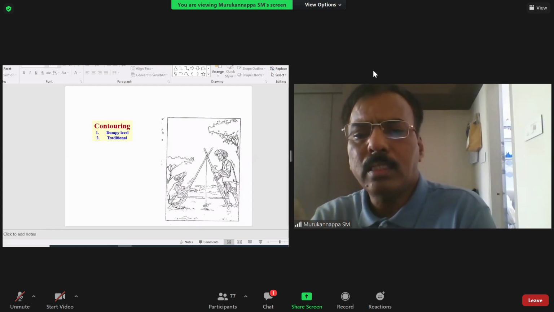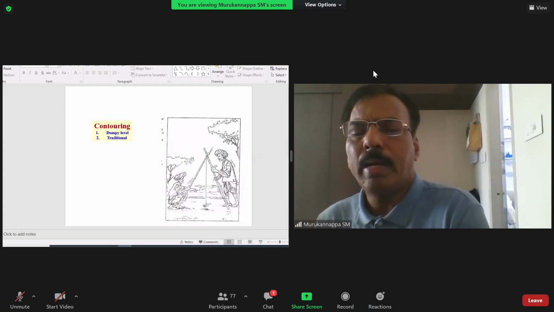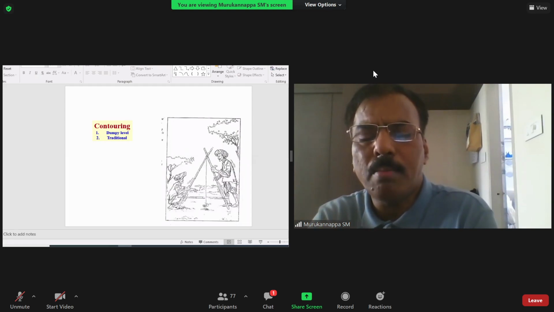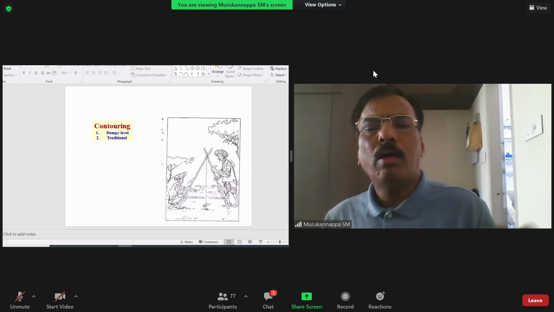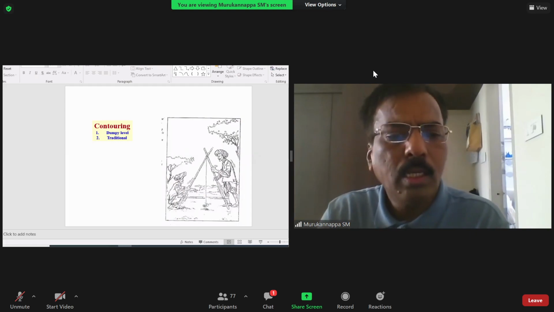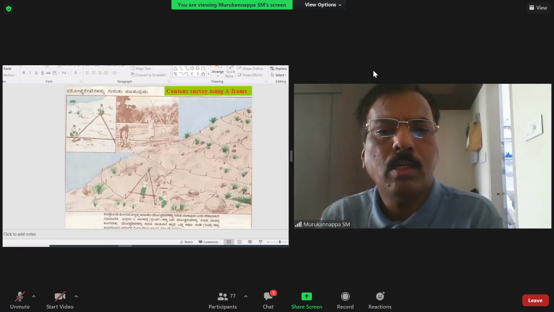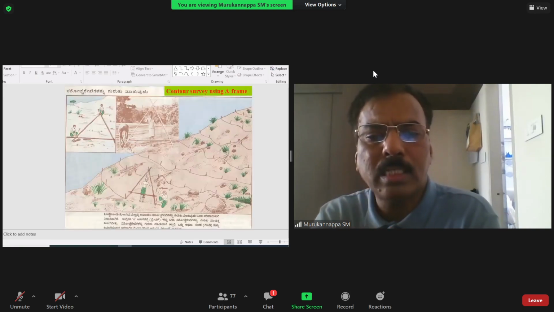What happens is it takes the same level at the center of this A-frame. By marking points of the same height in a given location, they make a series of points at the same elevation using this A-frame, draw the line, and put the bund on the contour. This is another traditional method they have made. Any doubt? See here, the people are doing the same.